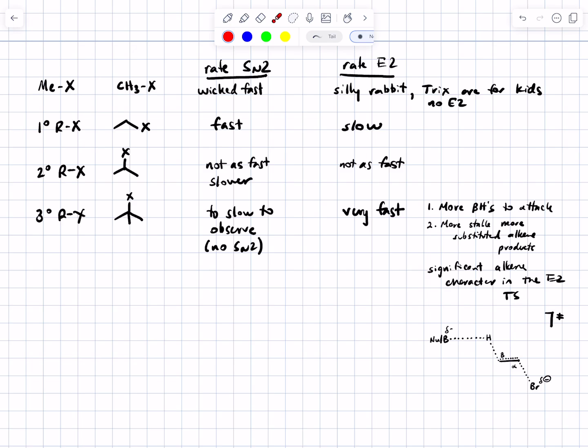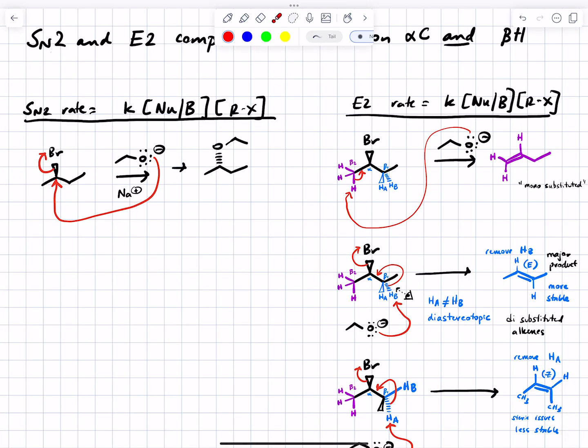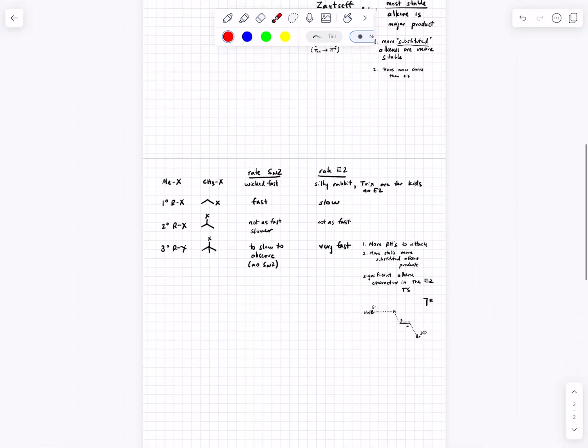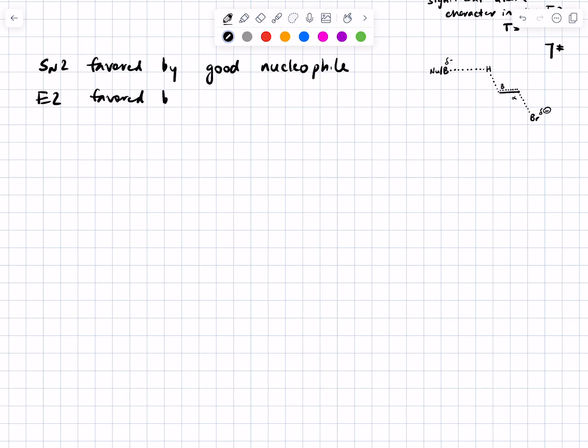Okay, as I said, both of these reactions have the nucleophile/base in the rate law. So you would expect the structure of the nucleophile to influence the rates of both of these reactions. And indeed, that's what we see. In general, SN2 reactions are favored by a good nucleophile. Thanks for that. I probably could have figured that one out on my own. And an E2 reaction is favored by a good base. All right, well, same to you, buddy. These are great